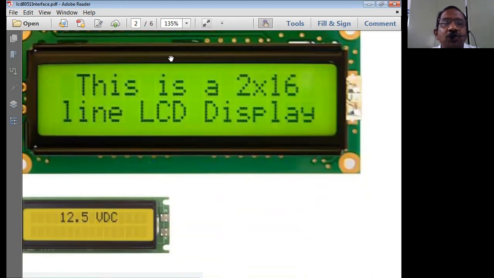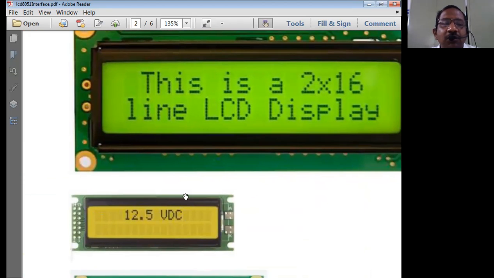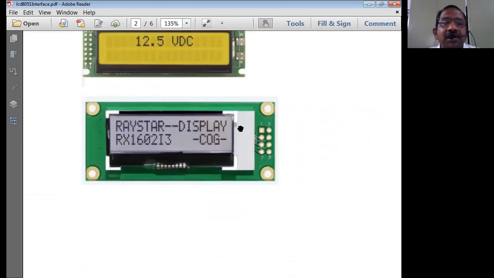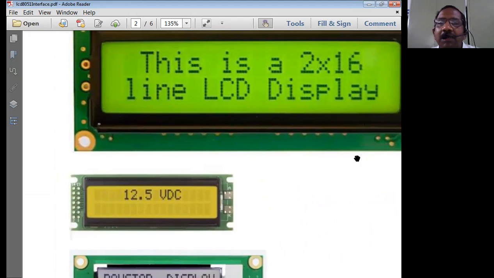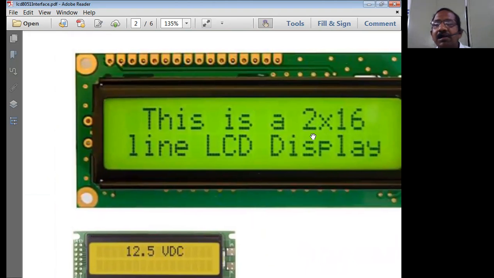One display unit has a green background, some displays have a yellow background, and some have a violet background. Different background colors come based on the type of liquid crystal, the jelly liquid we use inside the material. All that is material science, and internally it depends on the material science, so we are not going to be concerned about that.